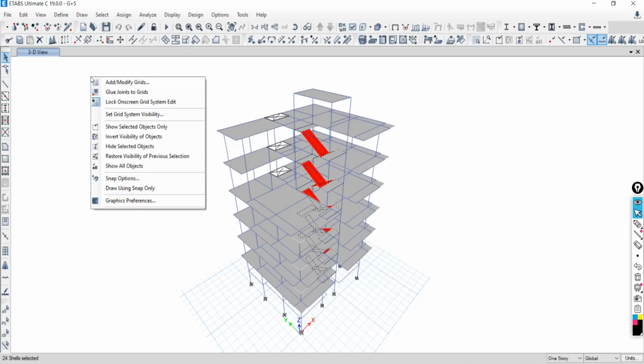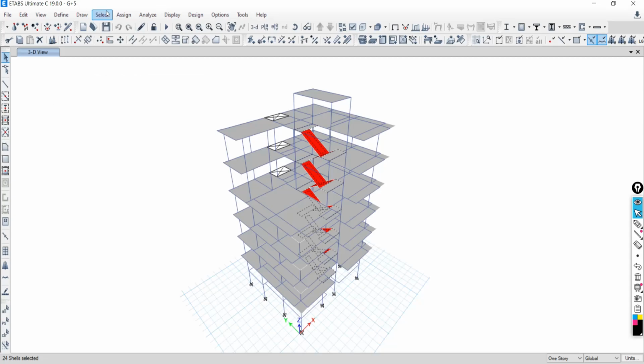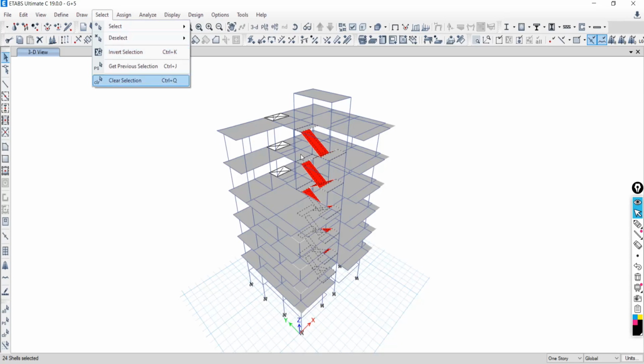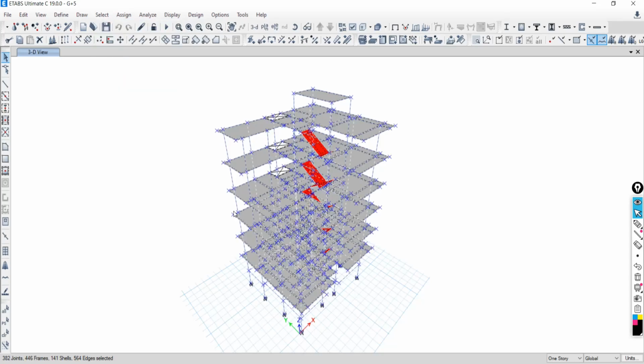Go to select, invert selection. So the selected thing will be deselected and the deselected thing will be selected. Understood? Say invert selection.